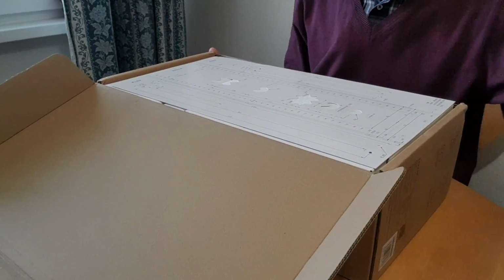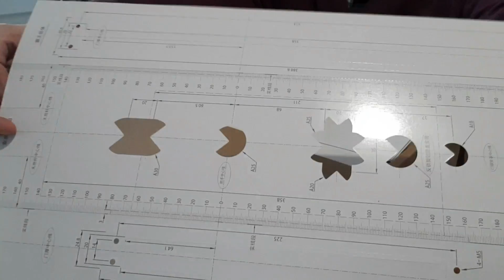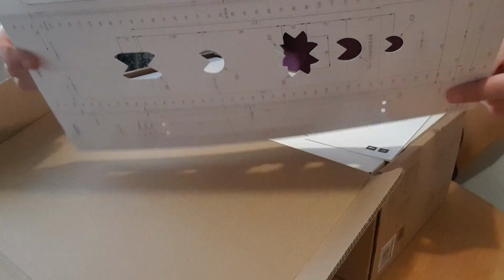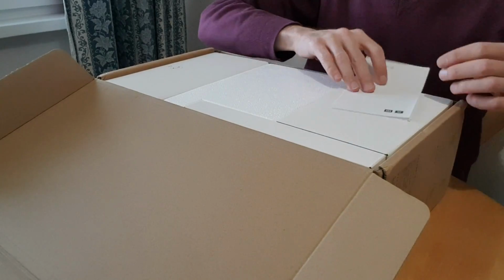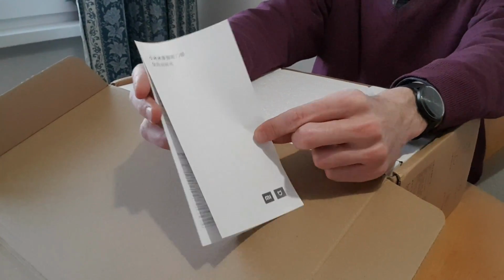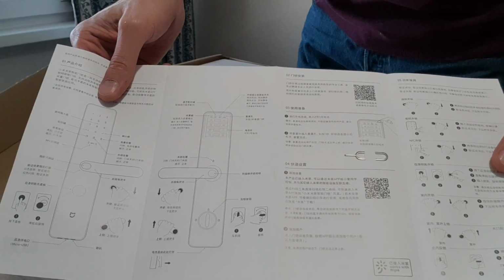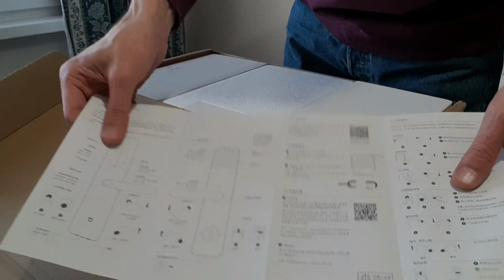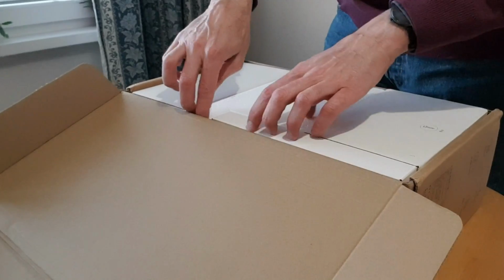Okay, so here's the box and let's see what's inside. First of all, there is this thing which is used during installation in order to fit all the holes and everything in place. Then there's the instruction manual. It's unfortunately in Chinese, but hopefully we will be able to understand something, because we have some pictures. If not, I'll just use Google Translate. Okay, so next